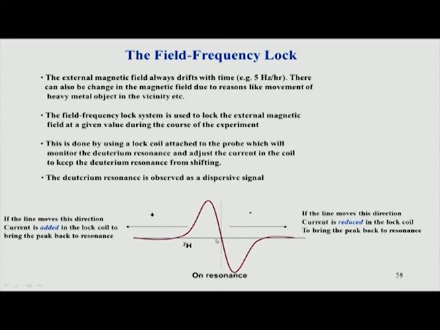For example, if it moves in the left direction, a current is supplied so that this peak goes back in this direction, because when you supply a current you are applying a magnetic field. So if the main magnetic field shifts by some amount, you can nullify it by applying a small current in the negative direction and move the peak back. Similarly, if the peak moves in this direction, you can apply a little extra current so that you add to the magnetic field and it comes back here. So this is done in real time.